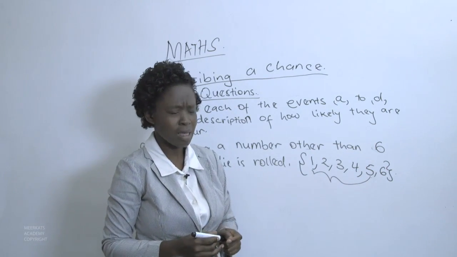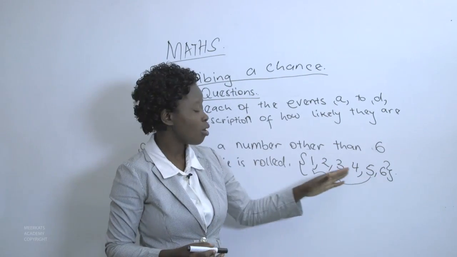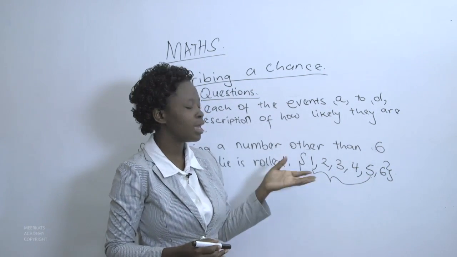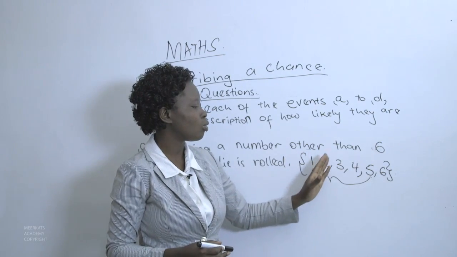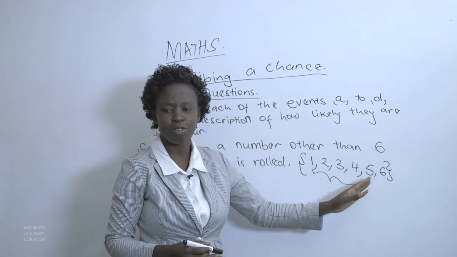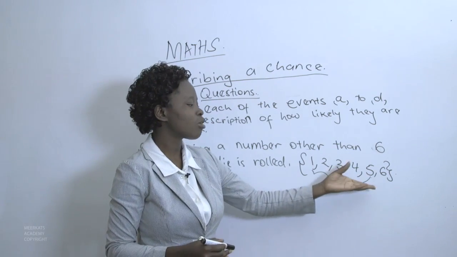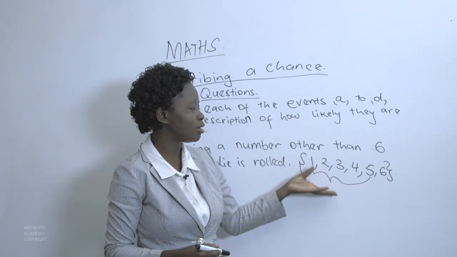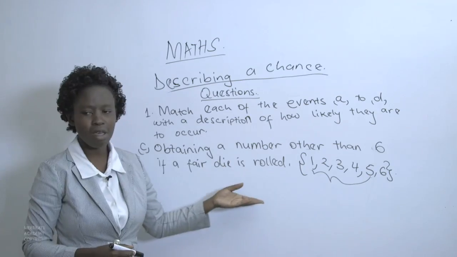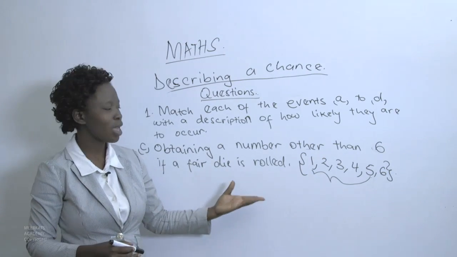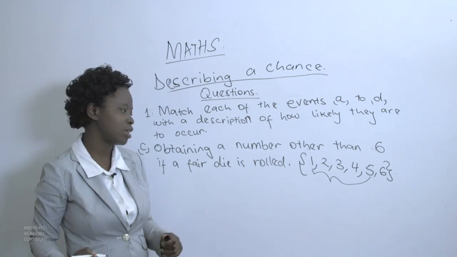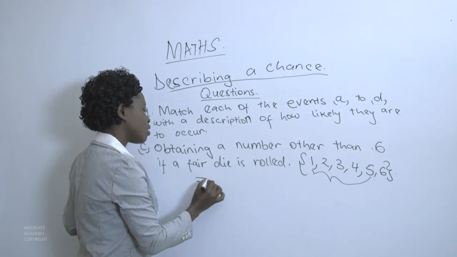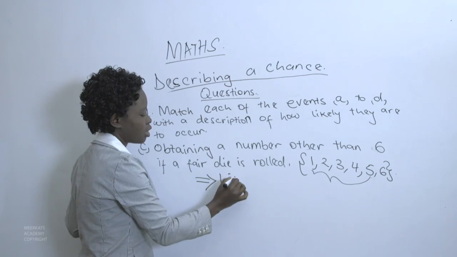What does it mean? That there are very high chances of us rolling this die and getting a 1, getting a 2, a 3, a 4 or a 5. It is very much possible. So meaning, since the possibility of getting these other numbers is high, we have very high chances of getting the other numbers when we roll this die, then we say this event is very likely to happen.